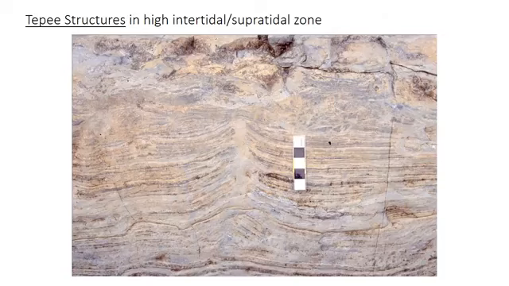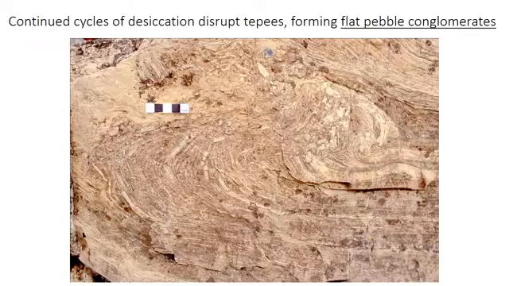So continued wetting and drying of these desiccation cracks can deform the laminations upwards into this V shape, which forms a sedimentary structure called a teepee structure. They are also pretty indicative of the supratidal and intertidal zones on these carbonate tidal flats. And if this process continues to an extreme, the teepee may grow really large and get disrupted, either just by continual cycles of desiccation or by occasional storm waves that will come in and break up the lithified sediment. And so this forms a deposit called a flat pebble conglomerate.